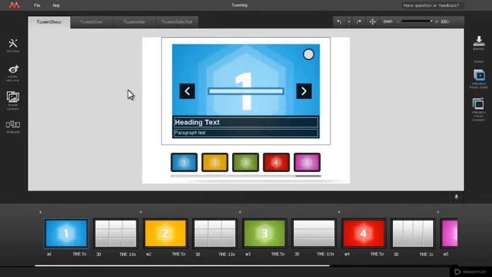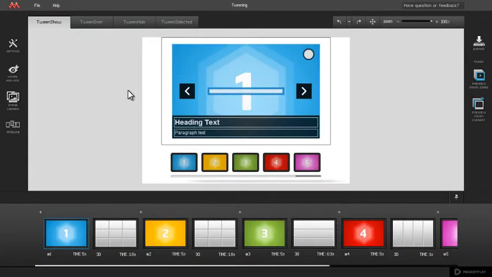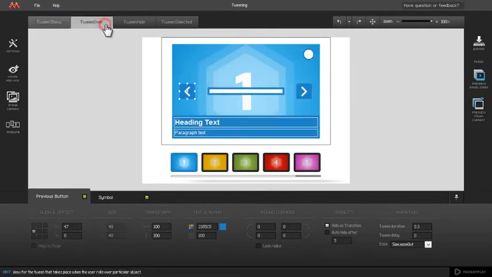With UI tweening, you can tween user interface elements and improve the look of Cuber's interaction with a viewer. Available tween states are accessed through View Bar. To present different tween views, we will select Previous button. tweenShow is the default view. Following views are tweenOver,